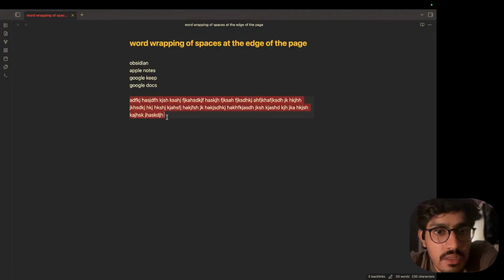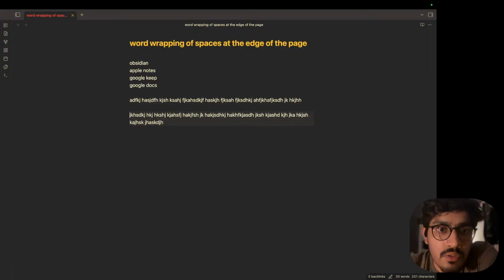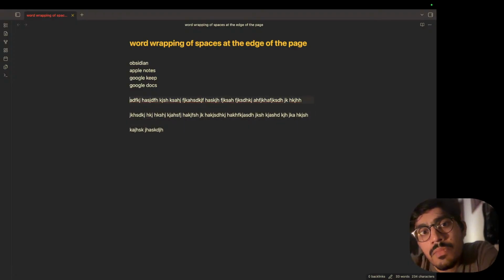This is a single line, it's not separate lines. Separate lines would look like this. So this is now a single line. You can see that Obsidian, we are in Obsidian, and it